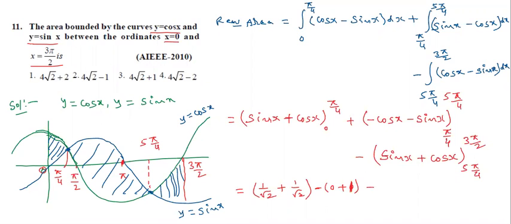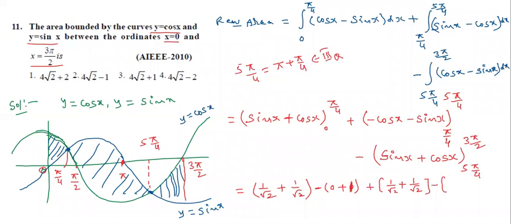Minus cos x minus sin x, the upper limit is 5 pi by 4. Students, how to write it? Pi plus pi by 4. This is the third quadrant. In the third quadrant, cos and sin are both negative, and since there is already a negative outside, it becomes positive. So cos pi by 4 value 1 by root 2 plus 1 by root 2. This is only the upper limit.